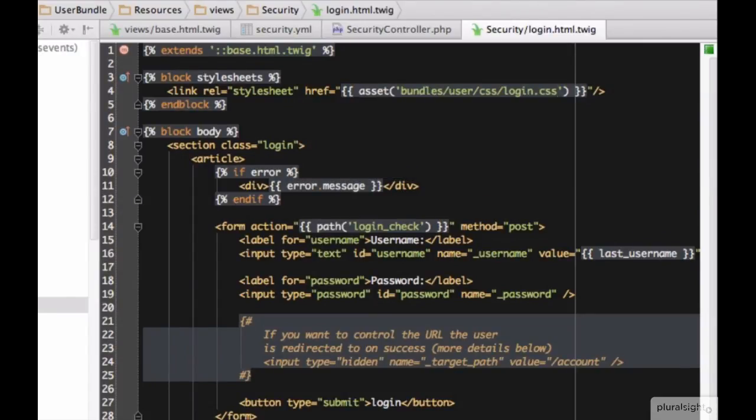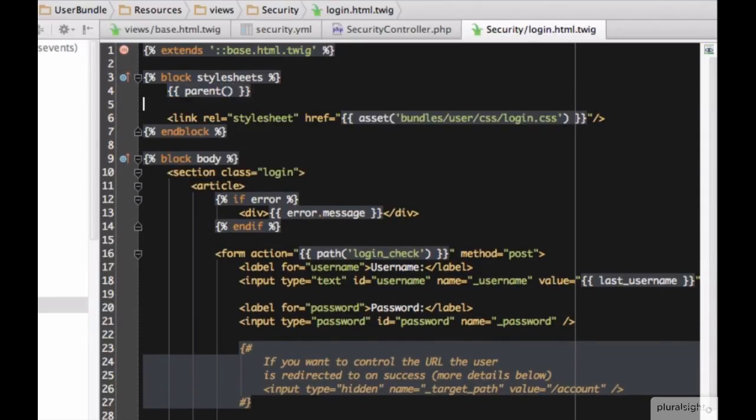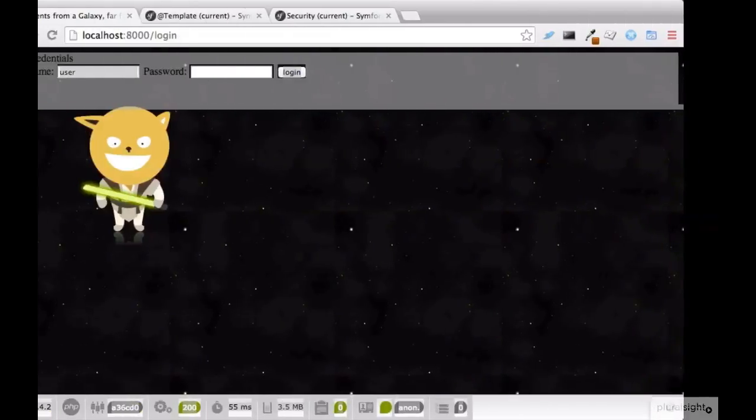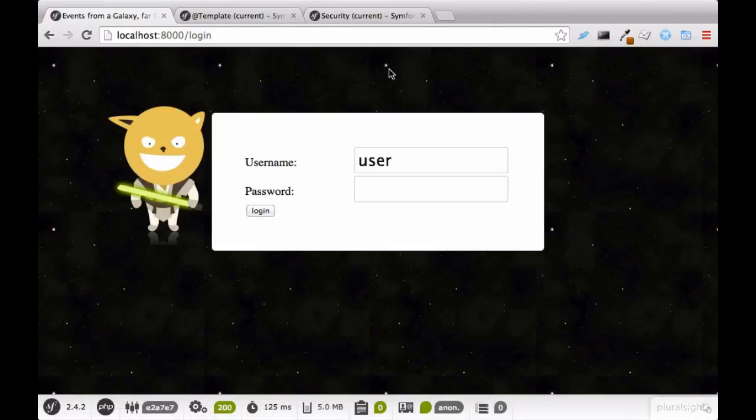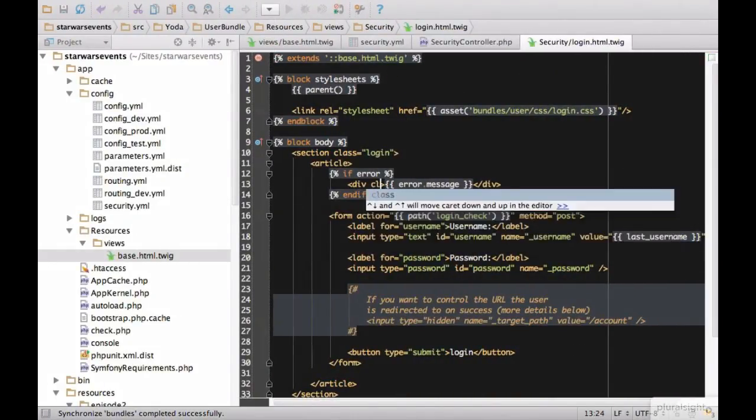Cool! But do you see the problem? This would entirely replace the block, but we want to add to it. The trick is in the Twig parent function. By including this, all the parent block's content is included first. Refresh now. Much less embarrassing looking. When you need to add CSS or JS to just one page, this is how you do it. And by adding a little error class,